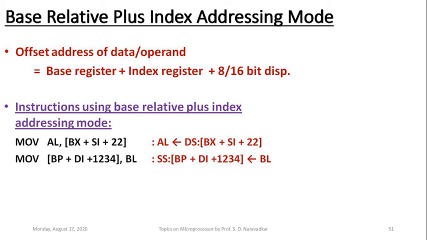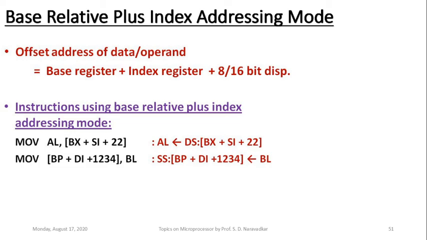That's why the segment referred to here will be the data segment. Even though the source index also refers to the data segment, whenever base and index registers are both there, the precedence of the base register prevails over the index. So in the explanation of the first instruction on the right side, at the data segment offset given by BX plus SI plus 22, a byte or operand is read and copied to the AL register.